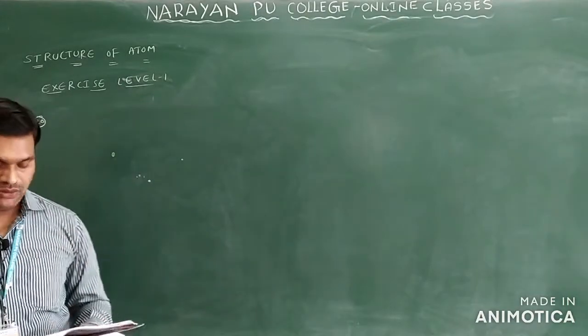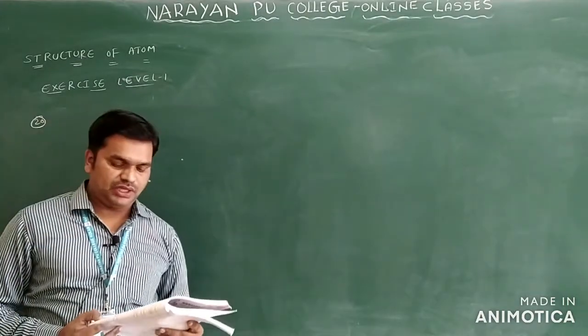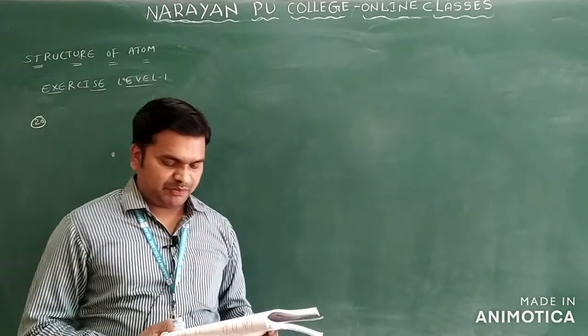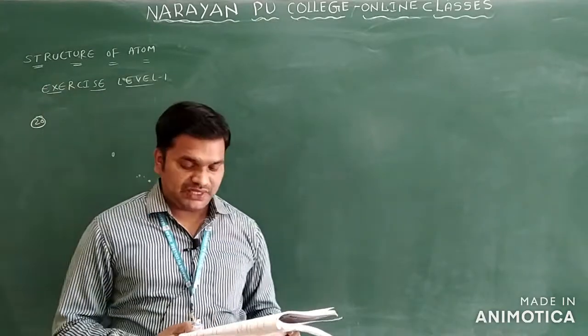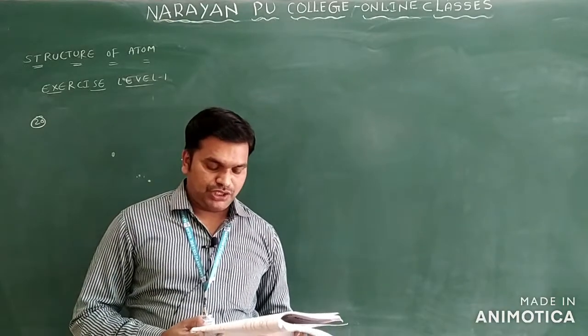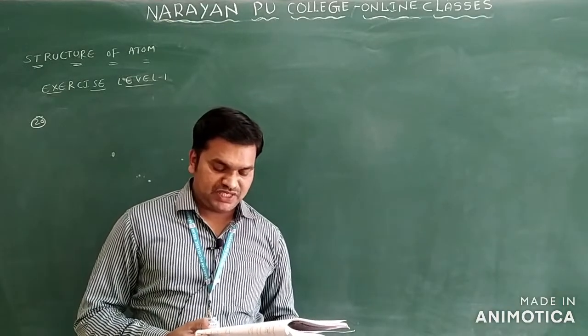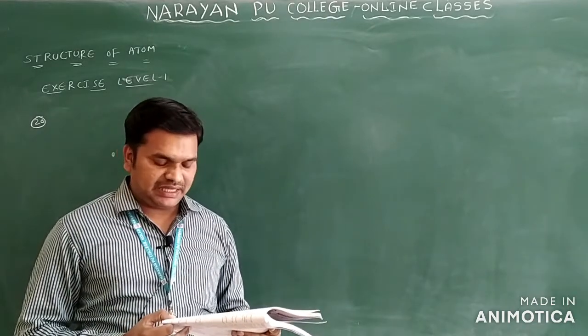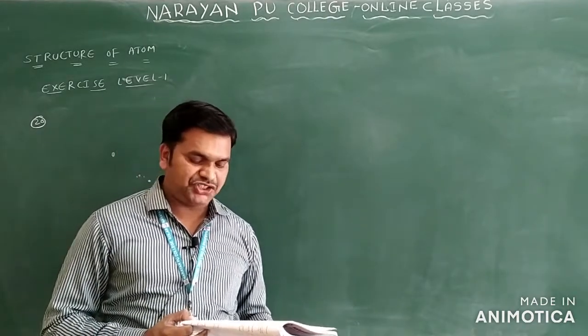So the next question we have is question number 20. The wavelength of a spectral line for an electronic transition is inversely proportional to: the number of electrons undergoing transition, the nuclear charge of an atom, the difference in the energy of the energy levels involved in the transition, or the velocity of the electron undergoing a transition only.